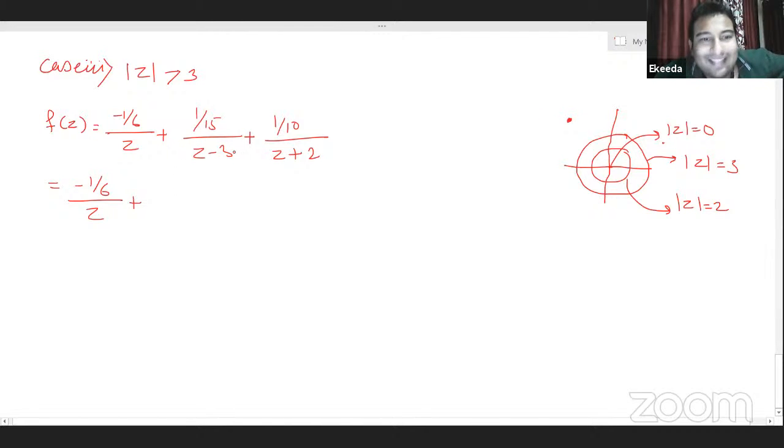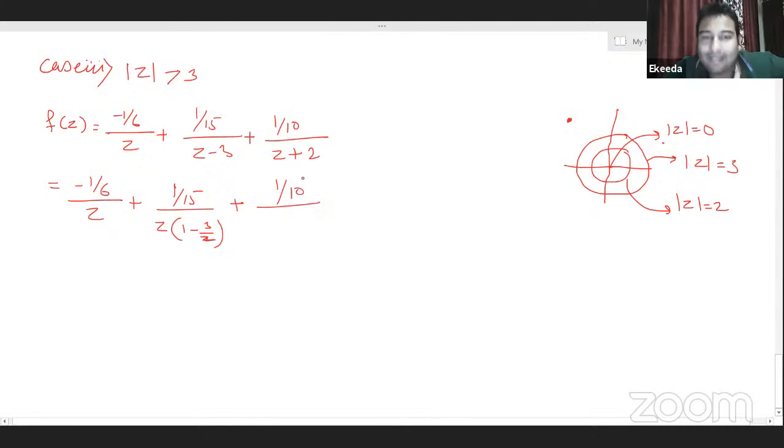Now this particular point is outside mod z equal to 3 as well as outside mod z equal to 2. That means the point is outside, and outside means z. Inside constant, outside z. That means you're going to take z common from this particular term. So if you take z common, it will be 1 minus 3 by z